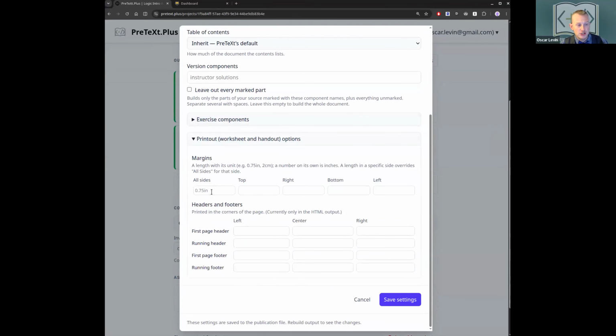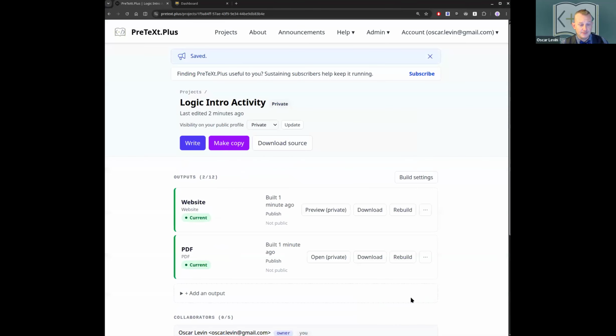We can change the margins. Maybe one way to get more stuff on the page is maybe if I just use 0.5 inch margins around all sides. And maybe because this is my class, I want my students to always see that it is Math 228 and this is fall 2026. So I save those settings, and now if I go to rebuild,